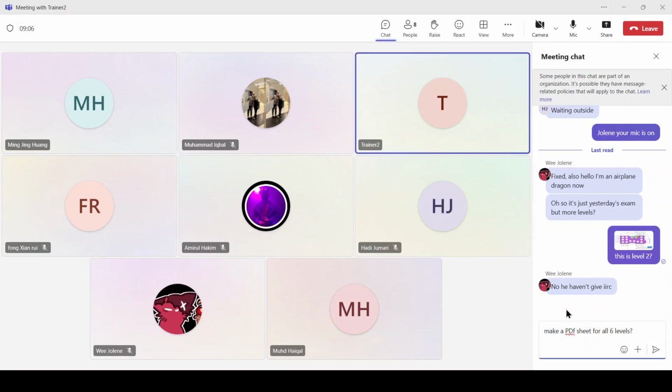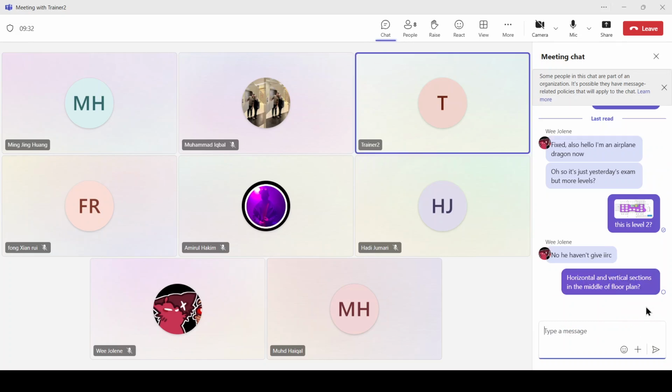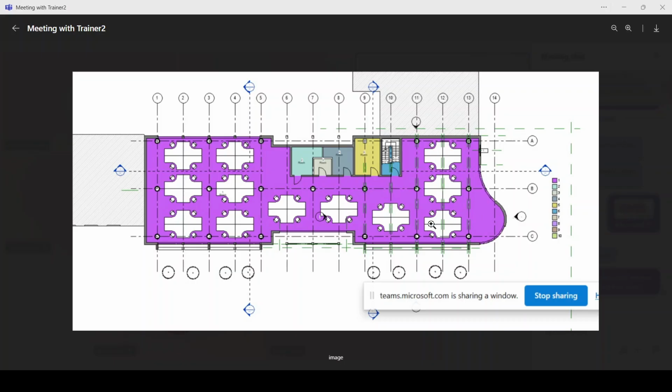What is the long section? The long section is actually the longitudinal one, the long one. What is the cross section? The cross section is the one crossing vertically. So actually the cross section is the shorter version. Usually for the long section, we always cut it through the stairs. If you can see on the level 2, we cut it on the stairs, right? So just follow that one.